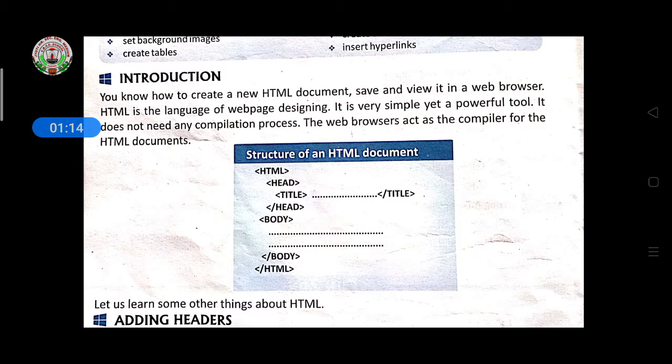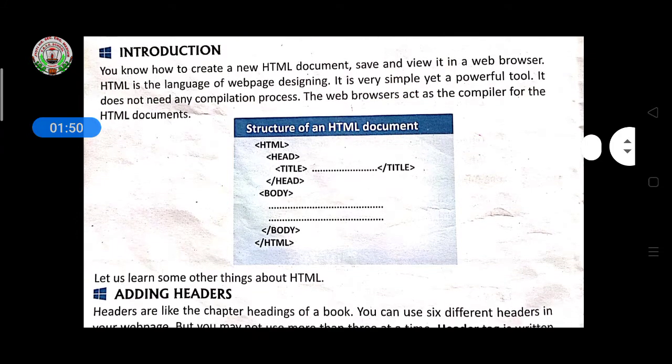So it is used for web page designing. Web page designing means the websites you know. Suppose Amazon.com, www.amazon.com, that is a website name. If you open that website, different pages are linked with the home page, one by one. If you click next, or if you select any category to open the next page, this page is known as a web page. In a website, multiple web pages are connected, and this is a very simple program, and it does not need any compilation process.